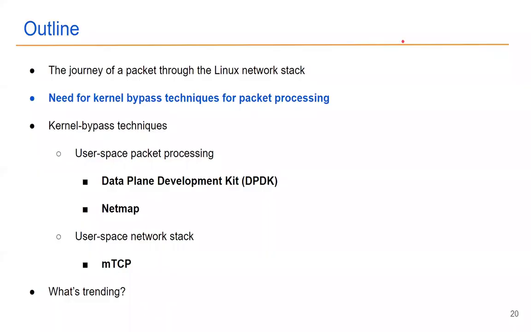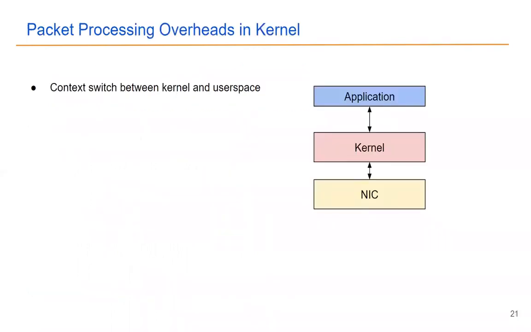Thank you, Rinku. Having a brief overview of the kernel network stack processing, let us now see what are the overheads that have a huge impact on the performance of applications, especially those handling a huge traffic of packets. The first one is the overhead of context switch between the kernel space and the user space that is involved for processing a packet. A small example for this is when you have a client server socket based application